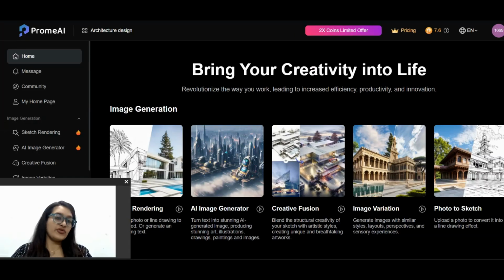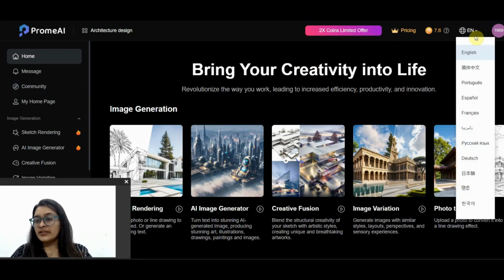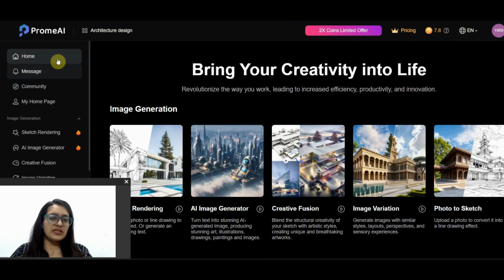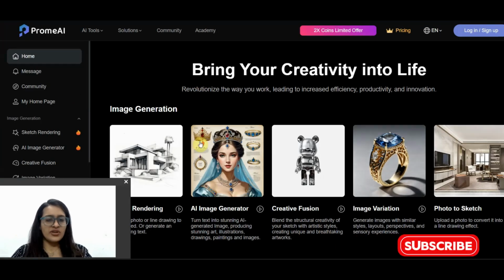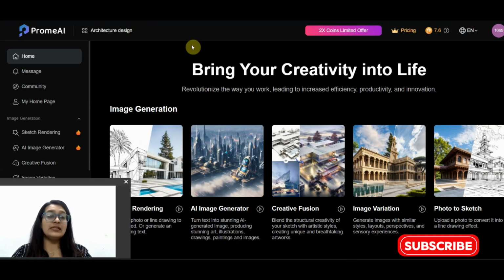This is our first software, which is called Prom AI, and let's see how it gives an output to us. Number one is okay, a few things here and there. It gives us some language preferences and some pricing. Okay, there's some limited offer going on. But we'll just get started with the free version here only. We don't want to get into the nitty gritties.